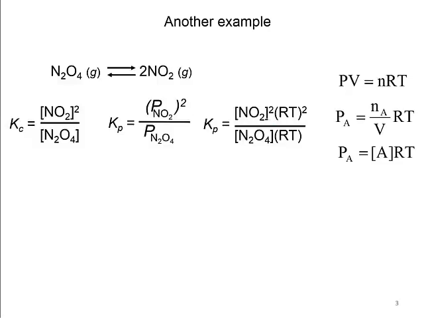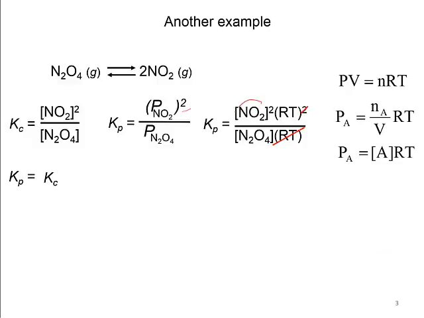And of course both terms are squared because the partial pressure of NO2 is squared in the equilibrium expression. And the partial pressure of N2O4 is given in the denominator. Again, you see that RT appears in both numerator and denominator, but this time when we cancel one of the two in the numerator and the only one in the denominator, Kp is expressed as